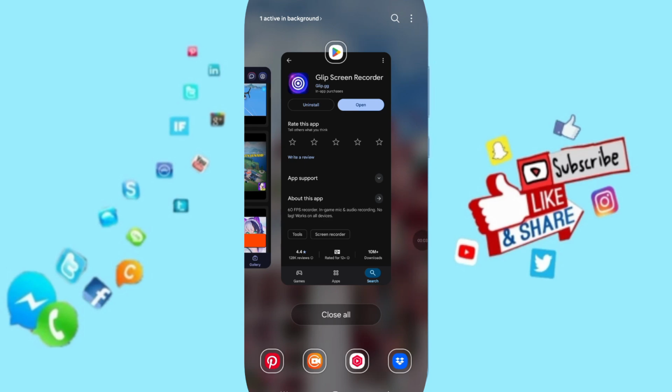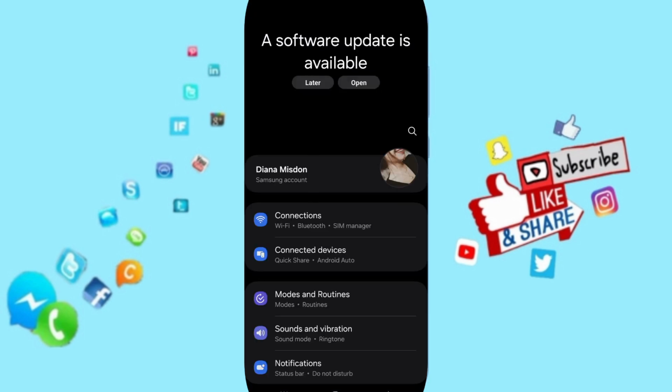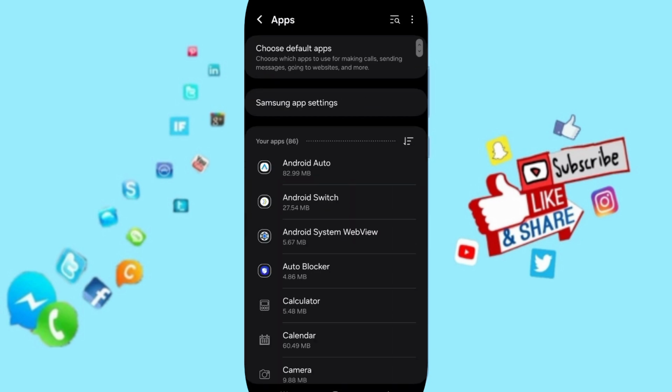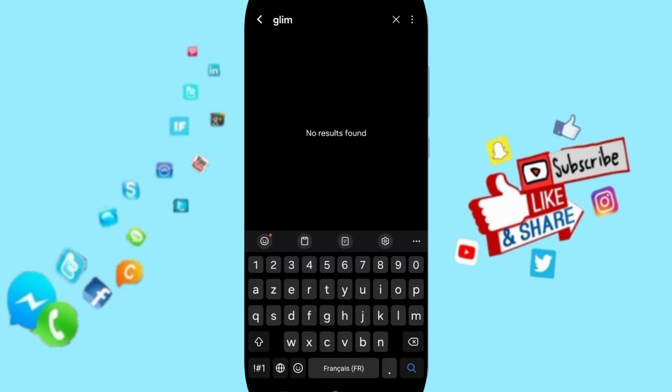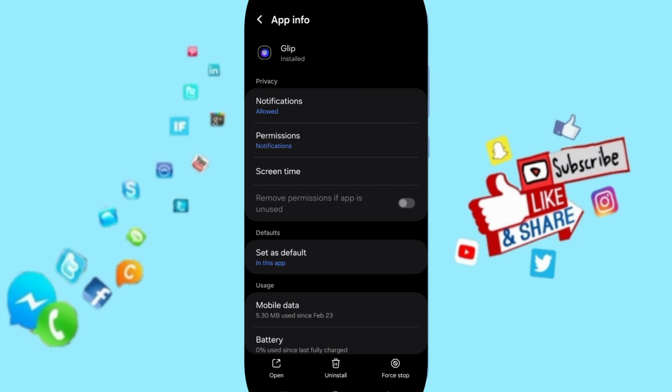Today we'll talk about how to fix or how to solve the problem of Glip. If we go to settings, here on this page we click on apps, default apps, app settings. On above here search about Glip and we click. In this page of app info,